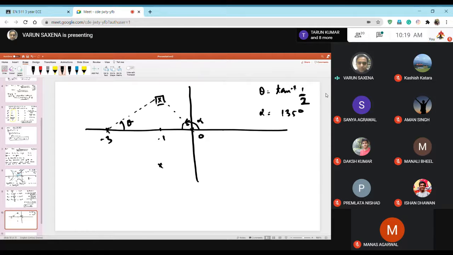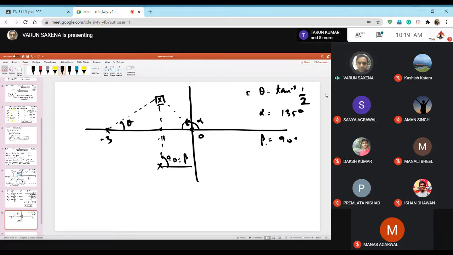Then you have this pole here, and the angle that this pole is subtending is 90. So let me call this beta. So this beta is 90. Can you tell me quickly what is the value of theta, tan inverse 1 by 2? If you have a scientific calculator... okay, fair enough. Let's just keep it at that value.